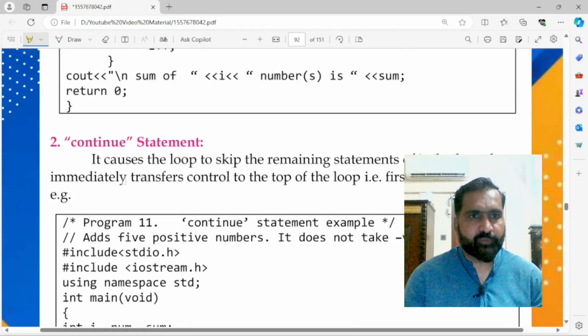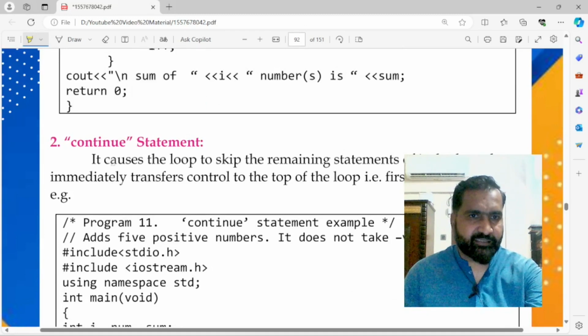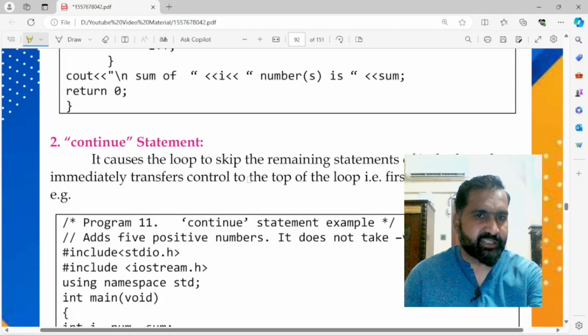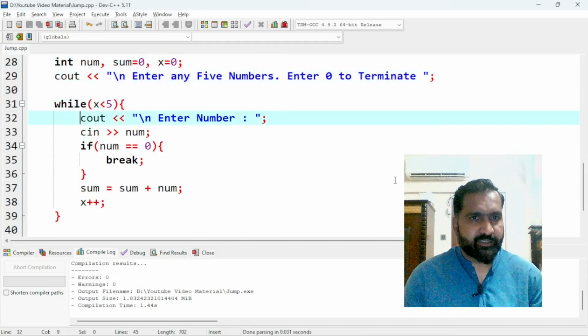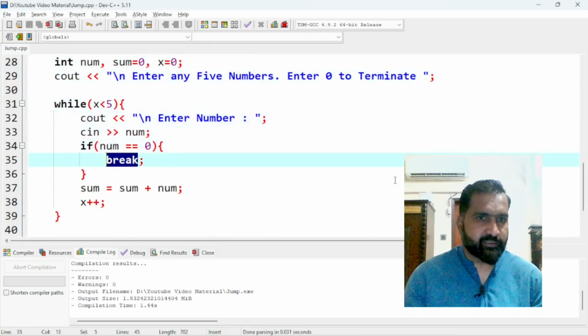And now I'll come to the next one, continue. This is slightly different. It causes the loop to skip the remaining statements of its body and immediately transfer control to the top of the loop. Means first statement. Let me show you again here. So what it does, for example, if we write continue here,